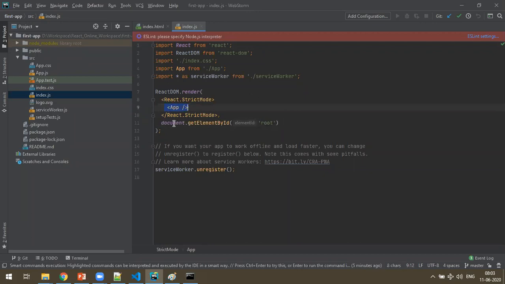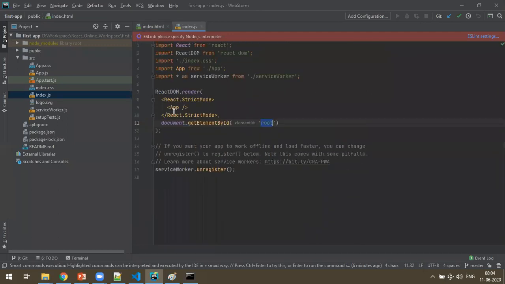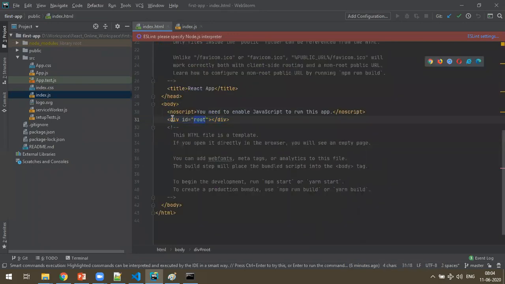What is this document.getElementById root? In index.html we have id root, right? The same id root is substituted with the app tag. It means in between this div tag, I'll tell you.